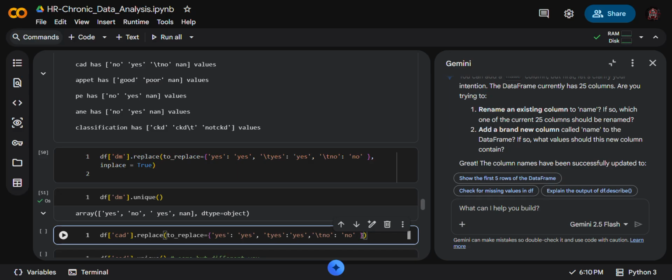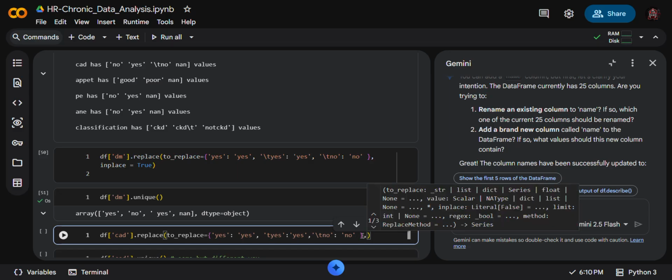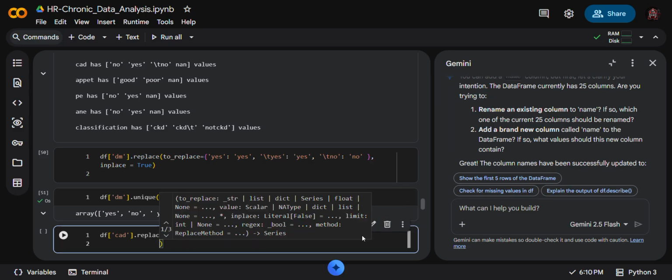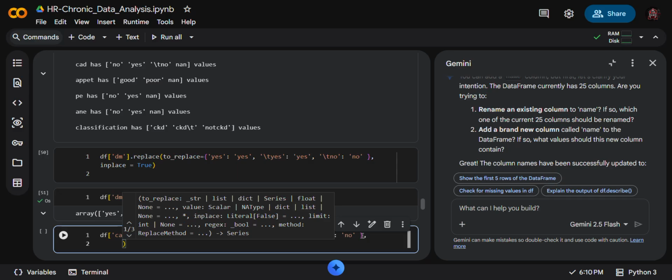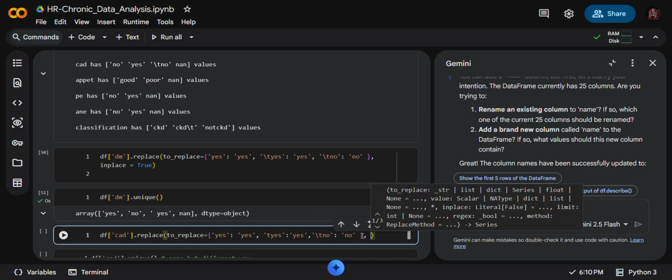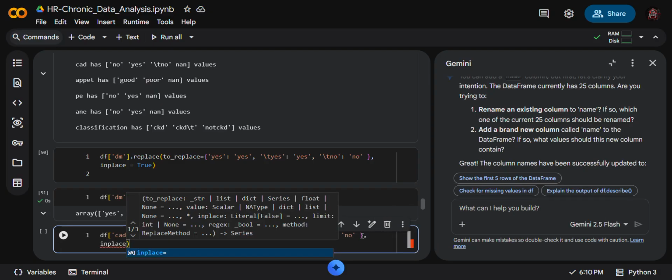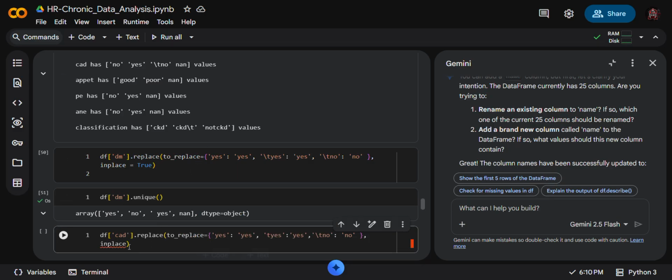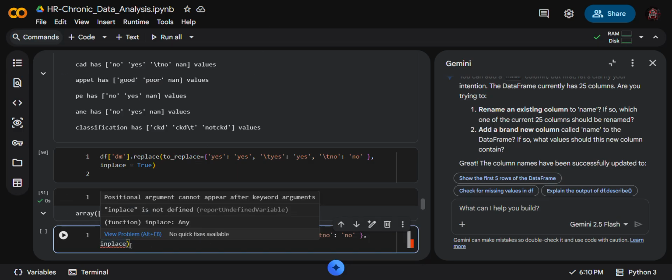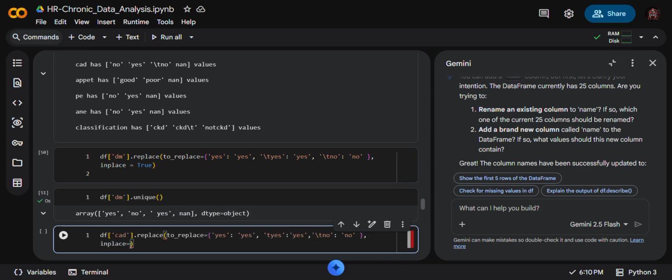Okay, now here is a comma. Now we are using a boolean value in place. Pass u is equals to, okay, plus u is something equals. So here the boolean value is equal to